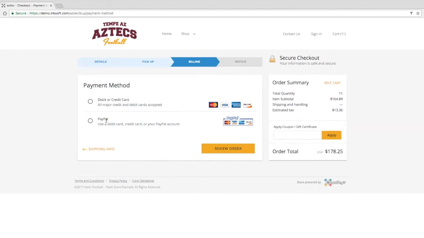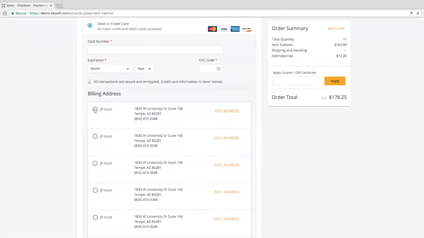Mind you, enabling PayPal Express can boost shopping cart conversion by 17% because a lot of people recognize PayPal, they trust it, they know they can log in securely. It's convenient, they don't have to go find their wallet. So in this case, I can go ahead and check out with a fake